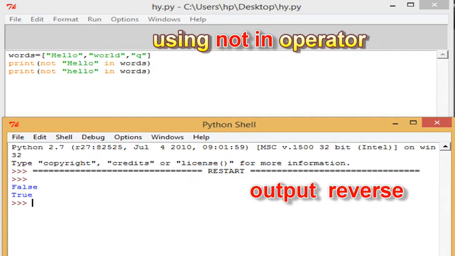So when we write the not operator, not in this, it will only result in true if the number is not present. The not operator is basically the reverse, like we did in Boolean logic. So when we write the not operator, it will represent a true value if the item is not present.